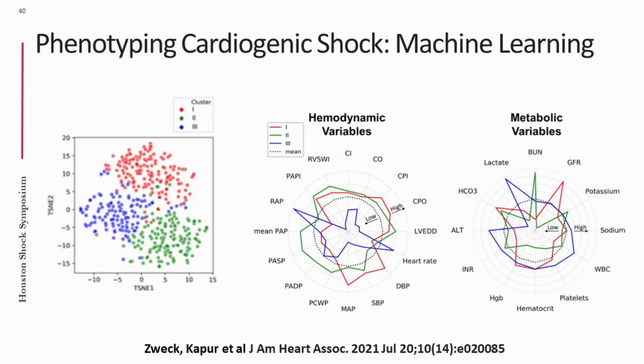And finally, what I'm going to talk about just is this emergence of machine learning and phenotyping. And there have been many efforts. This is again from the Cardiogenic Shock Working Group, showing these 3 different clusters that incorporate information about hemodynamic variables and also metabolic parameters. And we see here 3 distinct clusters of patients. And in the end, there were physiological correlates to these three